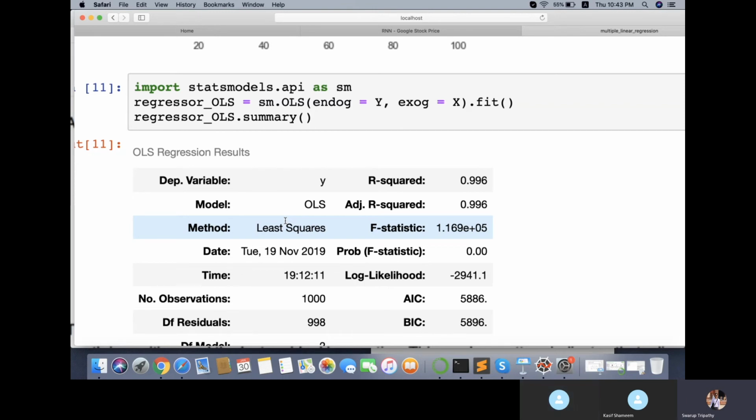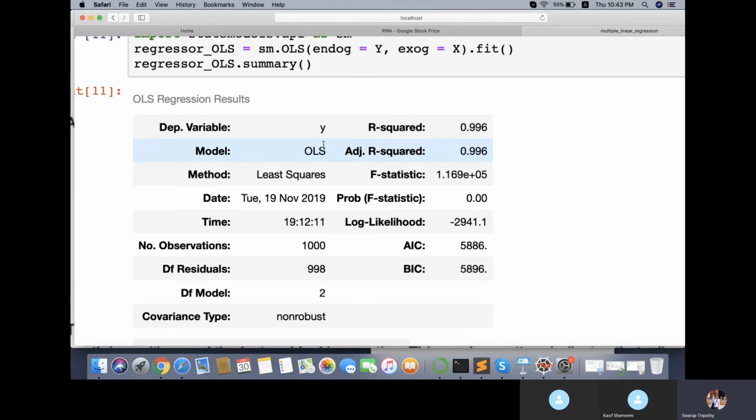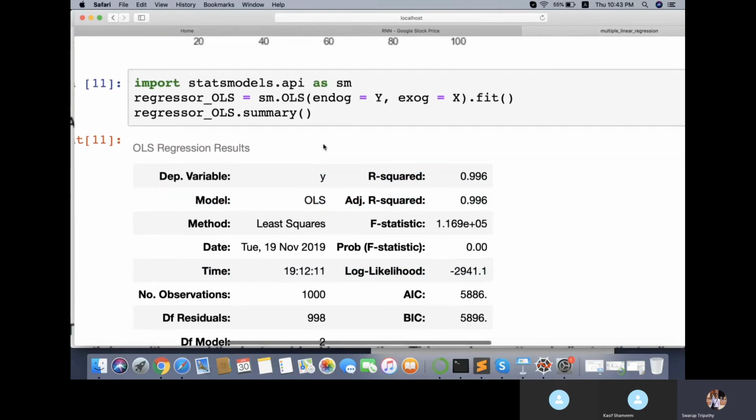In this test, first it tells you the dependent variable, which is y. This test is in statsmodels, a statistics package. In its API, one more sub-package is there, and from that we are importing the OLS function. This function does proper regression. We have to tell it what the dependent variable is and what all the independent variables are. Then it does regression and all types of tests like the F test, T test, Jarque-Bera, and Durbin-Watson.